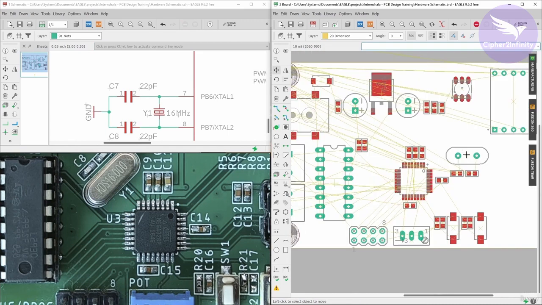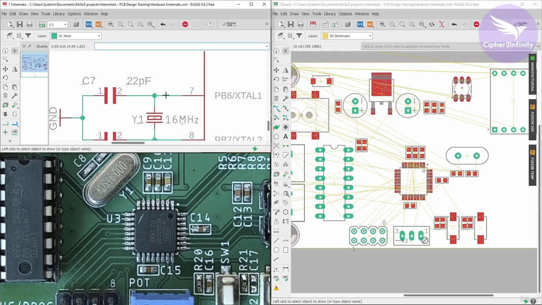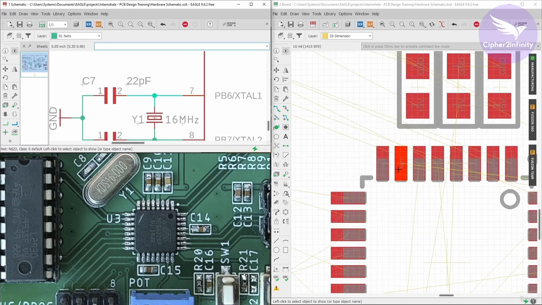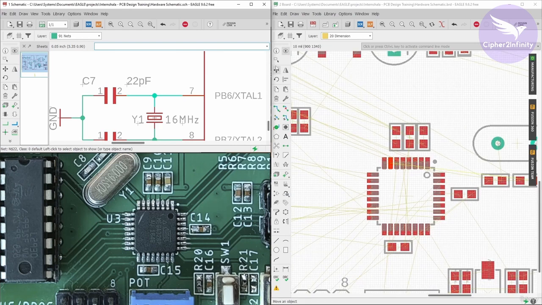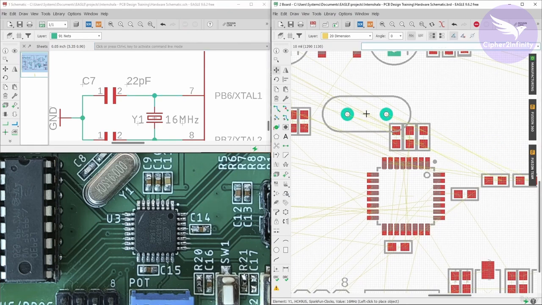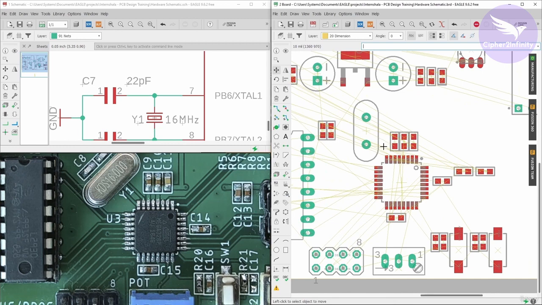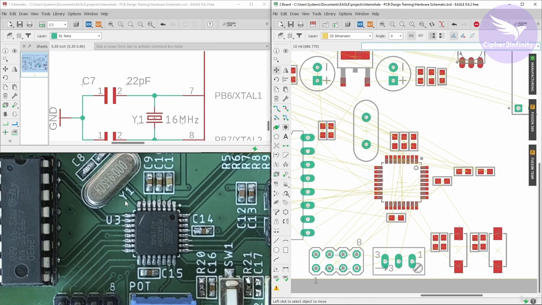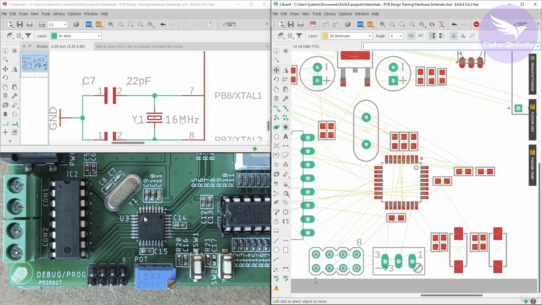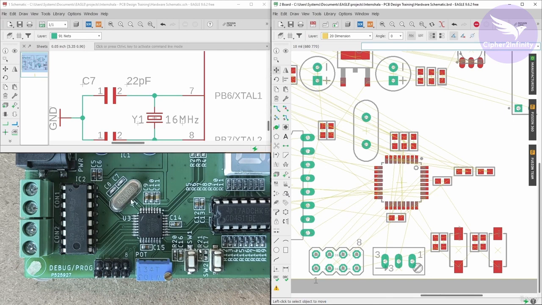Now if you see the pins of this crystal, let me check where the pins of crystals are. So you can see these are actually the pins of the crystal. So it's better we place this crystal near these pins. Okay, so you can place the crystal in any manner. It's up to you. You just have to make sure that you place the crystal a little bit closer to this IC. And if you see here, I have actually placed the crystal in the 45-degree angle,